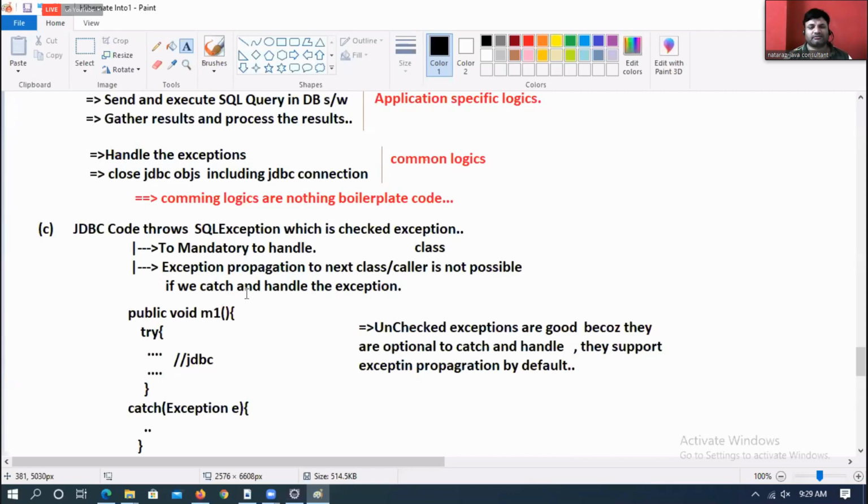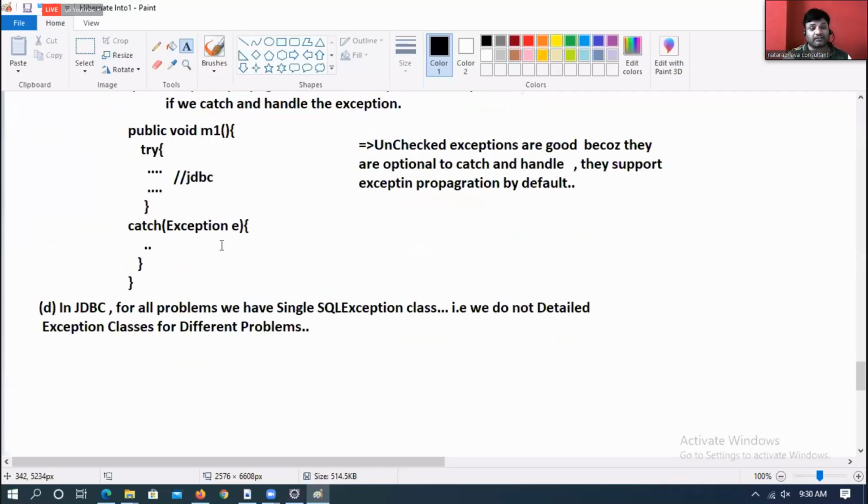But if you catch and handle the exception, if you suppress the exception, how will it be propagated to the next level? Come on, my dears. Understanding my statement? So that's the reason SQL exception is a checked exception, which pressurizes you to catch and handle. At the same time, exception propagation is not possible if the end-user programmer decides to catch and handle the exception.